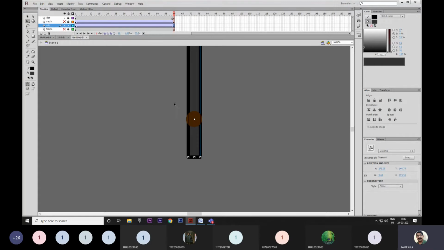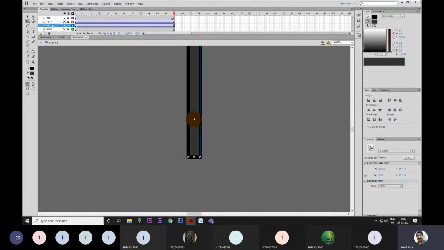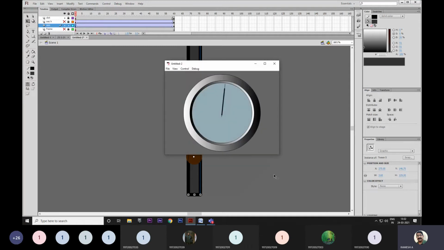Yeah, it was center. Now again, not only the last frame. See, look at that. It's going to rotate in this way. Again, you have to change another keyframe also. Select the first frame also and change the position of the registration point to exactly the middle, where you want to rotate. Now check, look at this. Now both hands are moving in the same direction and at the same speed.